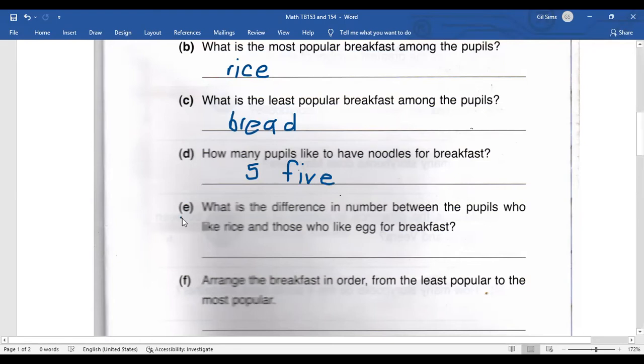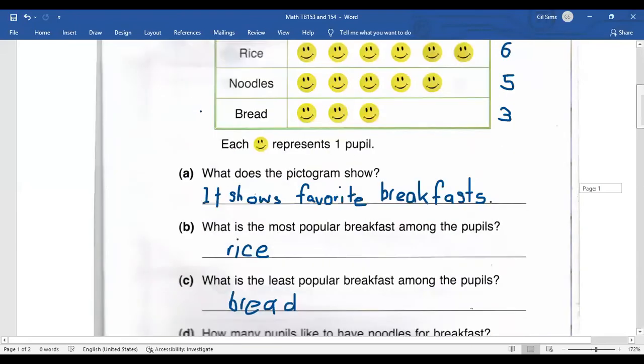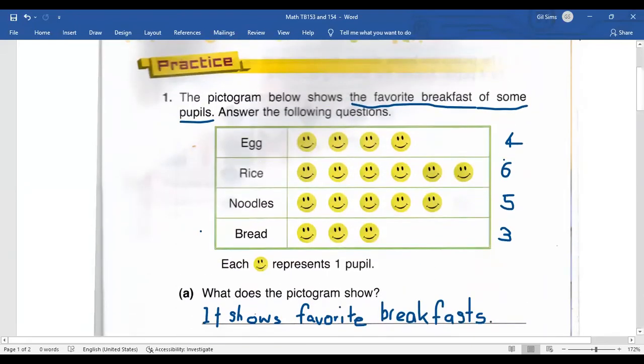Question A. What is the difference? Remember we said the difference. We're going to do a minus. We're going to do a subtraction. What is the difference between the number who like rice and the students who like egg? So we're going to do rice minus egg. Let's have a look at the numbers. Rice is 6 and egg is 4. So the difference is 6 minus